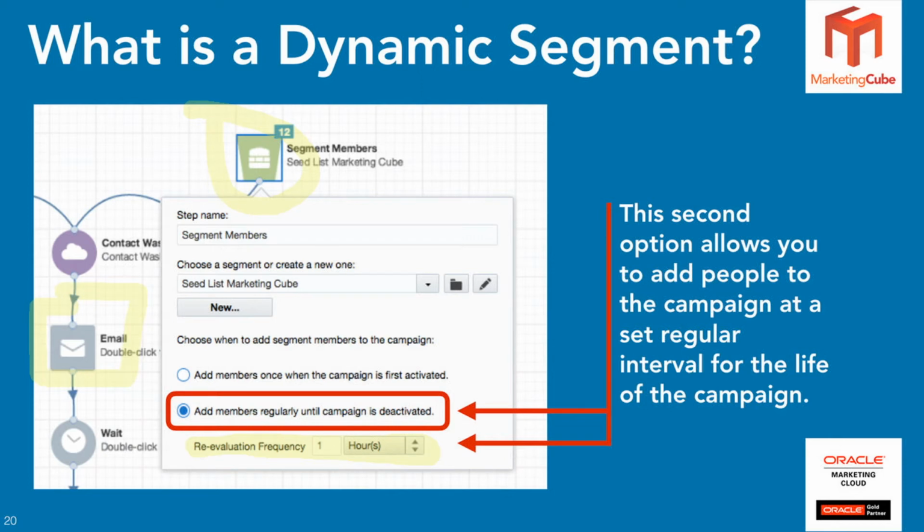So, because you're running filters in the back end here, and if Eloqua is reevaluating that every hour, 24 hours a day, 7 days a week, it is feasible that somebody may do something at 1 a.m. on a Sunday morning. Like most of us are probably working at 1 a.m. on a Sunday morning, but anyway, we might meet the filter criteria and Eloqua reevaluates, bang, you're into the campaign, and so at about 1:15 or 2 a.m., you'll receive an email. So if as a brand, you don't really want to be seen as the company that delivers business emails at 2 a.m. on a Saturday, what you want to make sure you do is create a window on the email